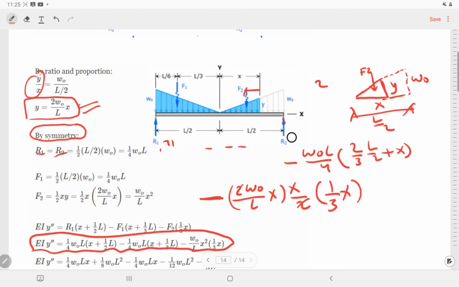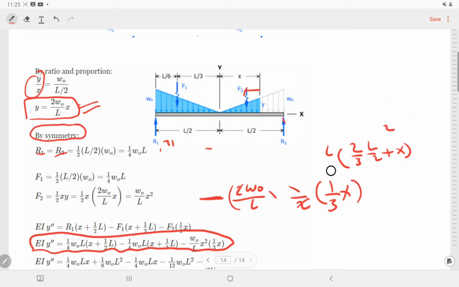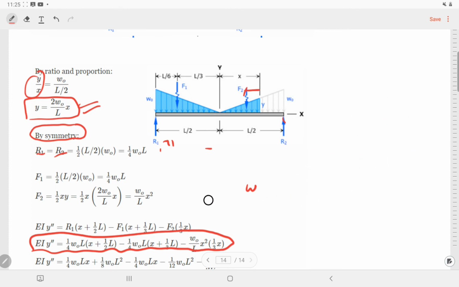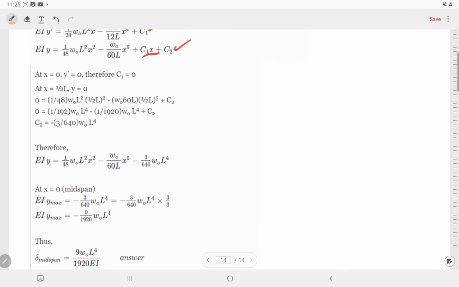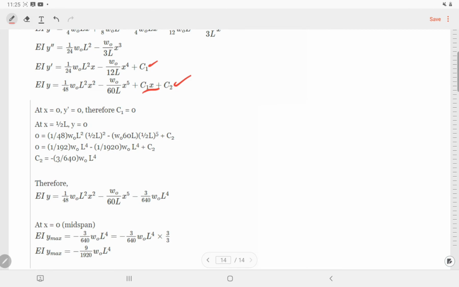What is the boundary condition? The first boundary condition is, you see, because we have reaction R1 here, how much x here? Or we can use this one. I'm going to say at x equal to L/2, y equal to 0. So for the boundary condition, at x equal half of L, y equal to 0. So from this equation, I'm going to find one